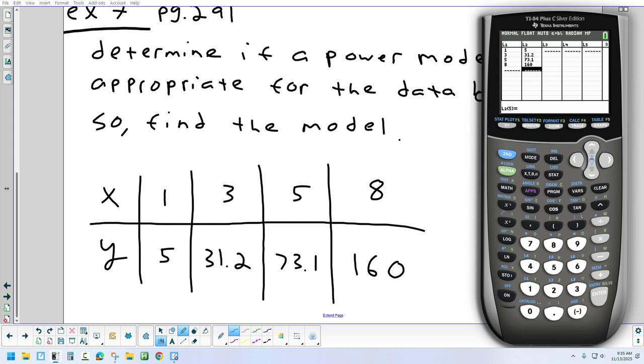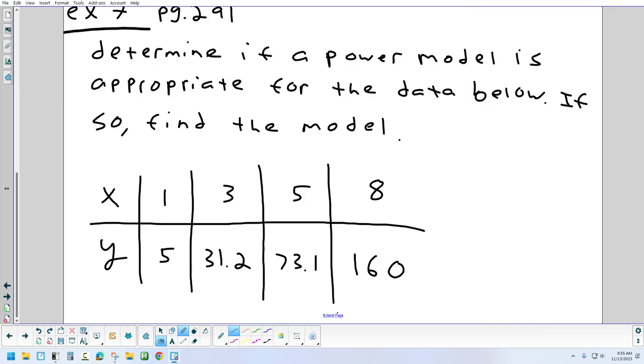All right, so what I want to do now is create a new table. It's a temporary table, purely just to see if the power model is a good fit. Once I decide it's a good fit, I can throw away this temporary table. I'll never need it again. Okay? I'll need the original table. But let's